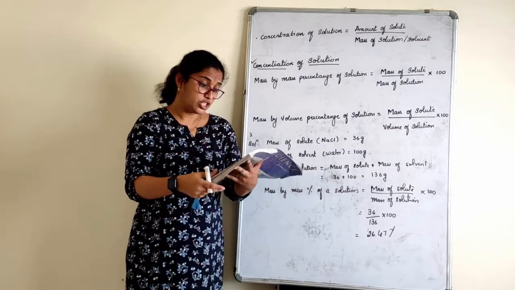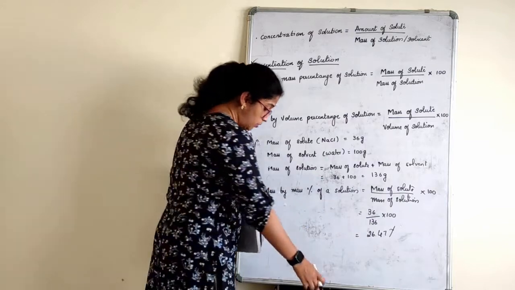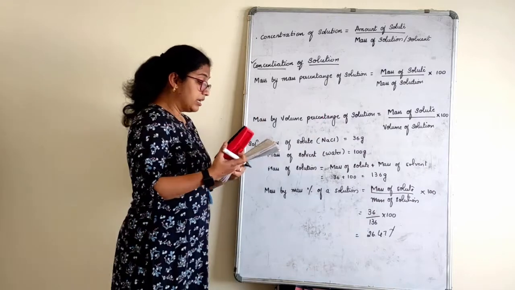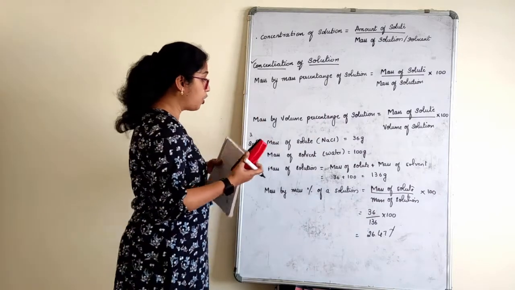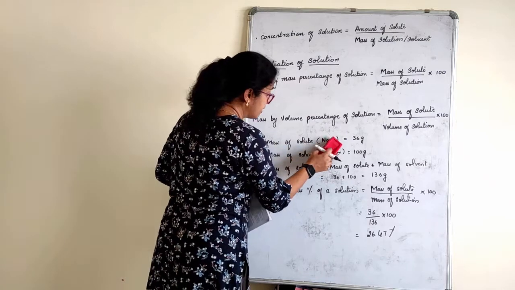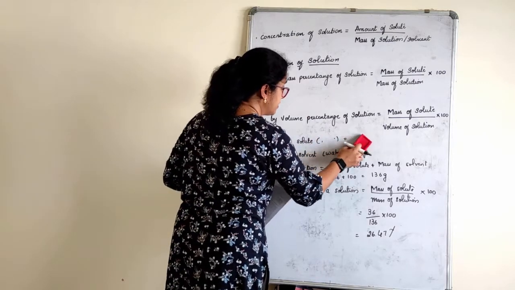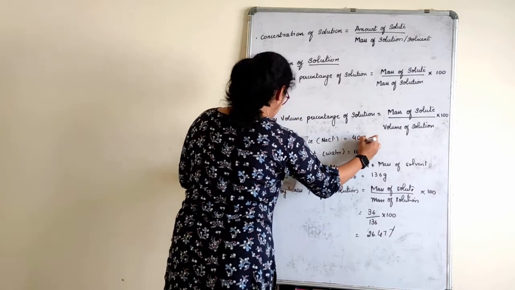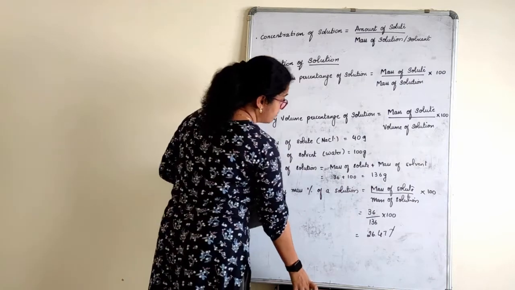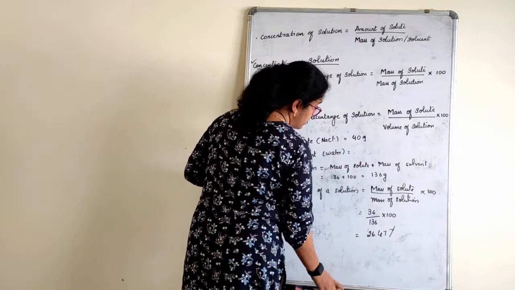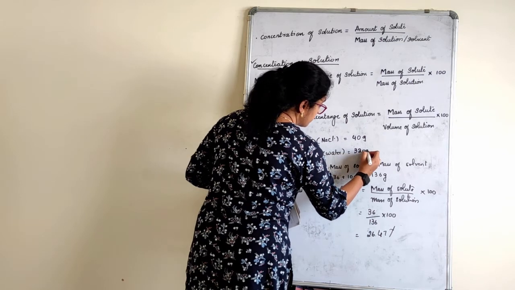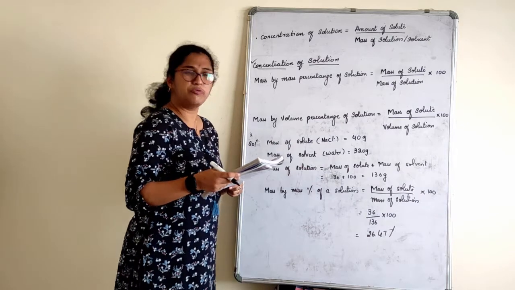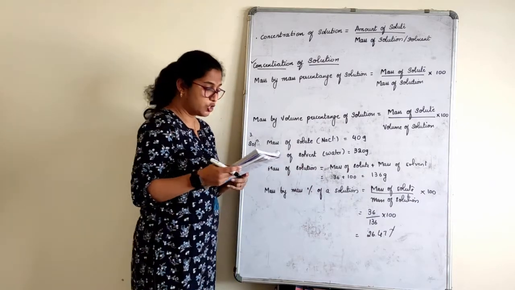So, if you see on page number 17, there is one worked example. Those are the only two sums what we have here in this chapter. Let's finish that. A solution contains 40 grams of common salt. It is again a common salt, NaCl. Sorry, I'll just write the same thing. Common salt is how much? 40 grams, in 320 grams of water. So this is 320. Calculate the concentration in terms of mass by mass percentage. We usually have all the questions on mass by mass percentage only.